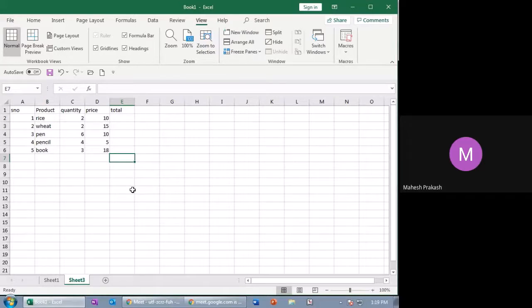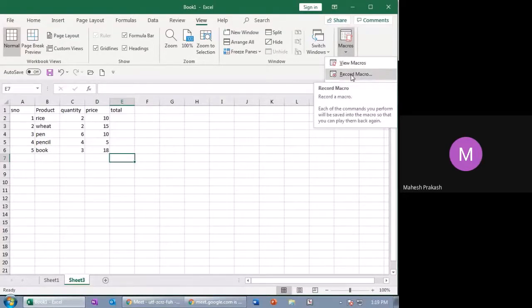So imagine this is today's sheet. What I'm doing is I'm running the macros. Record macros. When you click on record macros, you will see over here where I've placed the mouse cursor a gray square box, which means that the recording started.